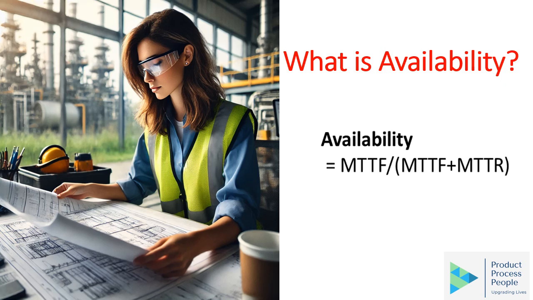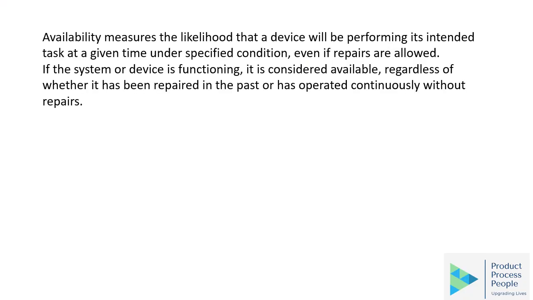In this particular lecture, availability has been explained with the help of practical examples. Let's look into it. Availability measures the likelihood that a device will be performing its intended task at a given time under specified conditions